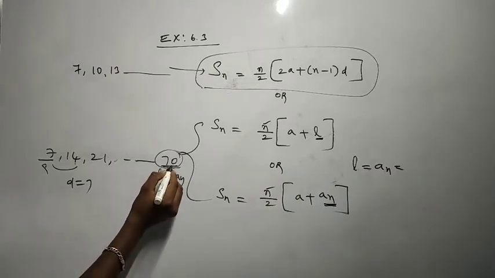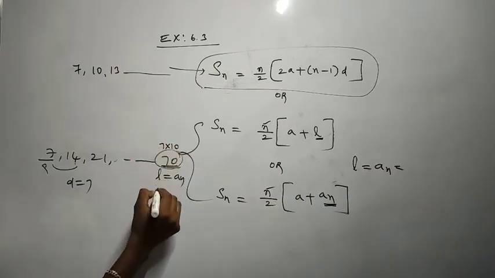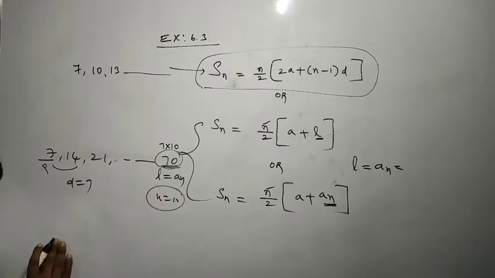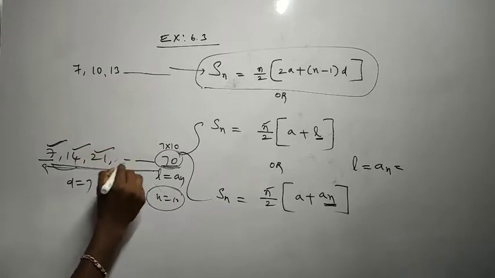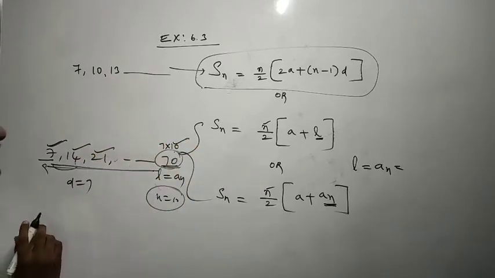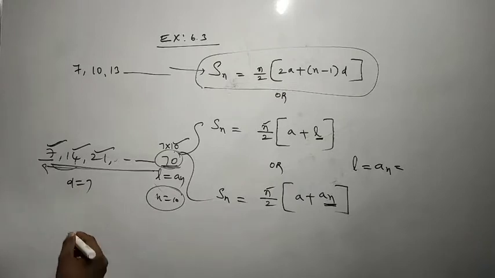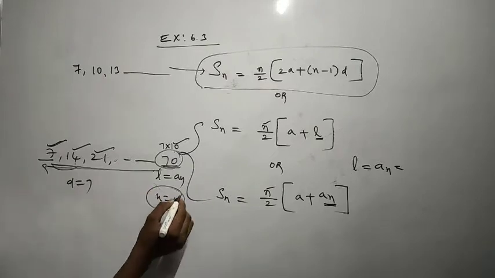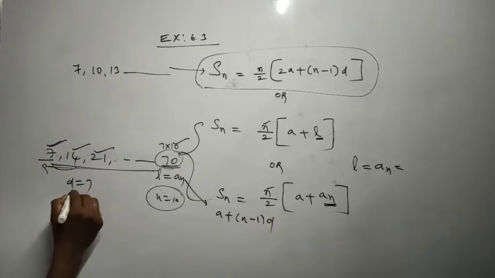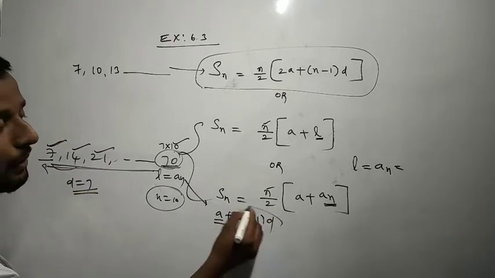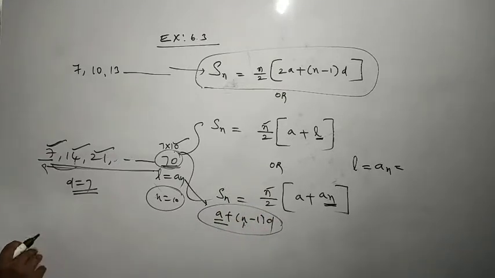Here we can see that 7 tens are 70, so the n value is 10. These are the multiples of 7: 7 ones, 7 twos, 7 threes, so I know 7 tens are 70 and directly get n as 10. But in some series you can't find the exact n value by counting. In that case we use the formula an equals a plus (n minus 1) into d. As we know the difference and the first term, we simplify to get the n value. It is better to get into the exercise to understand it.